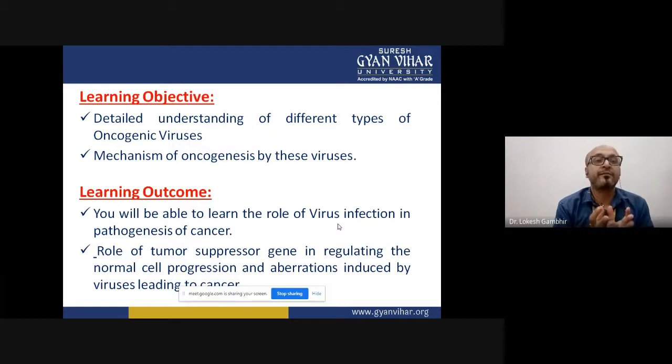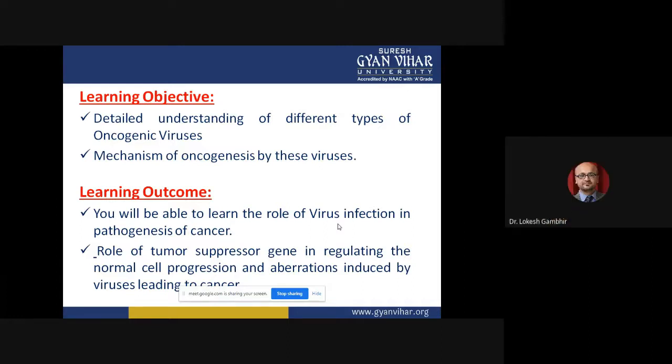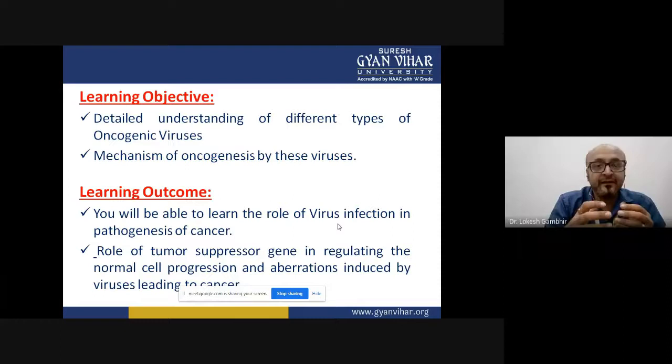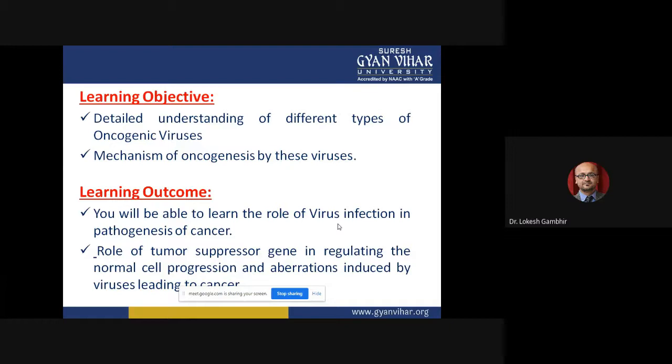What are the proteins targeted by these viruses, or what are the signaling pathways that otherwise maintain the normal physiological or cellular response, but in response to these viral proteins, those critical proteins become aberrant in function, and this impairment in their function is inducing cancer. So in a nutshell, this is our main objective: we should be able to understand the detailed mechanism of how a virus is able to